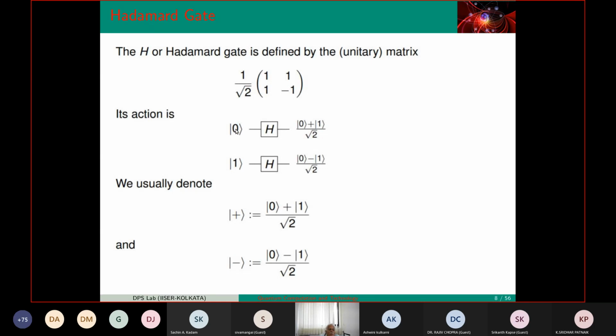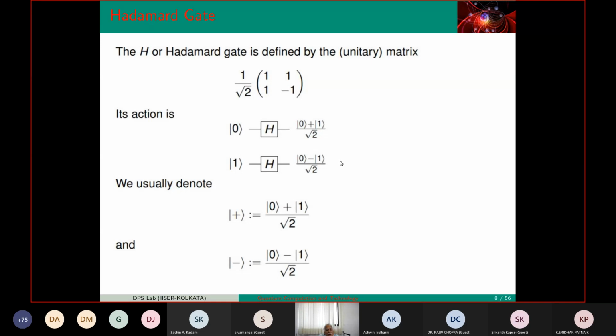Actually, here we call them a z eigenstate because they are eigenstates of sigma z, capital Z. That's what I kept there. But in optics, they are the two polarizations. And these two are the polarizations along 45 degrees and 135 degrees. And you will find there is another matrix, which I am deliberately not writing, called sigma y, 0 minus i, i 0. Those eigenstates you will find are actually circular polarization.